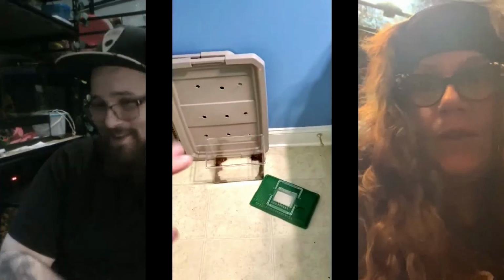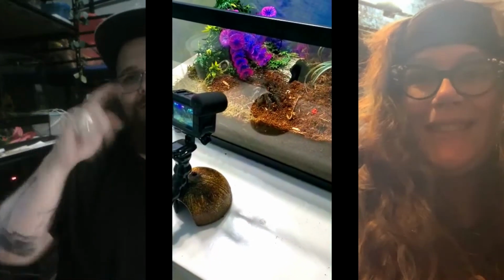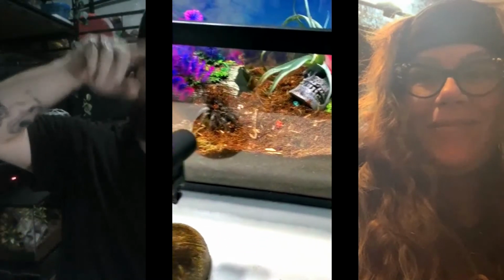Then in the other bathroom, I have the crabs, which is now 82 degrees in there. So I don't even use that bathroom anymore because you just sweat. You know what I'm saying? Cooking people hot in there. But the few times I have used it since the crabs have been in there,